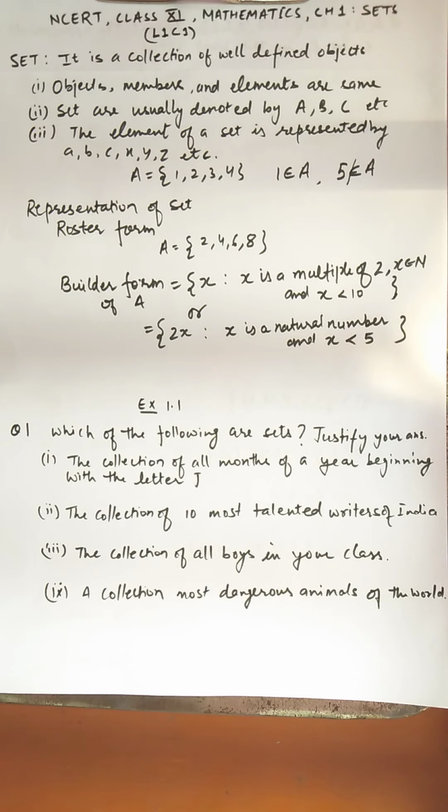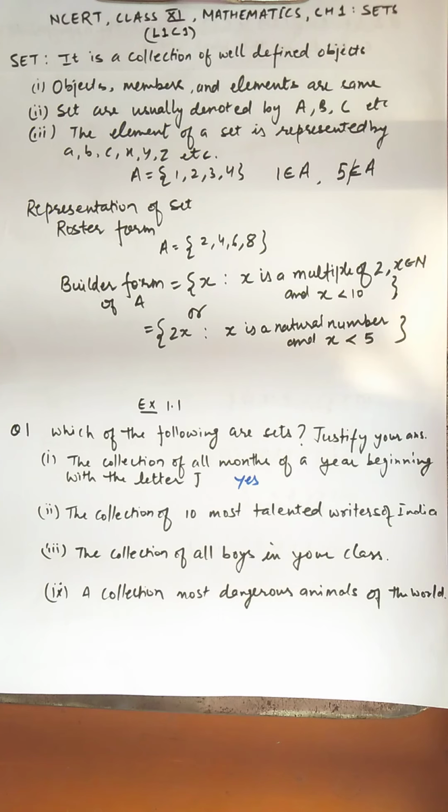So there are 3 months, and if I ask anyone all over the world, the answer will be the same: January, June and July. So this is going to have some universal acceptance, because everyone will say the same answer, and it should be the same. If it is different for different persons, then the collection cannot be a set. So this will be a set. Yes, this is a set, because if I go anywhere or ask this question from anyone, the answer will be the same.